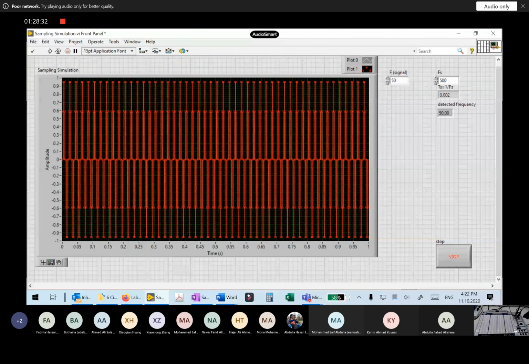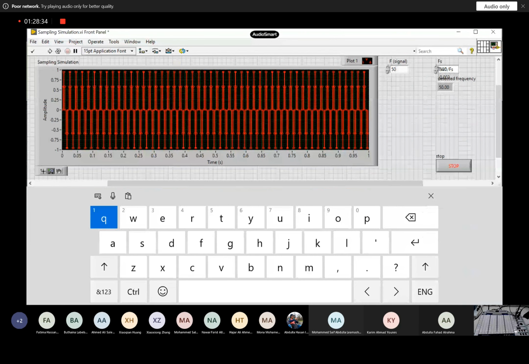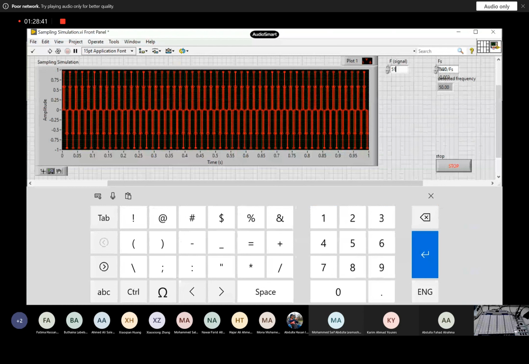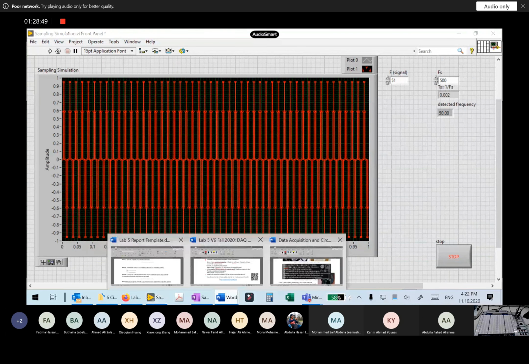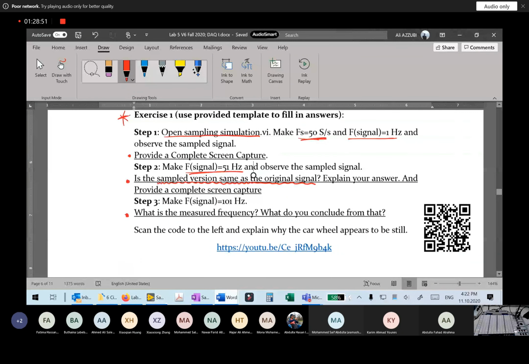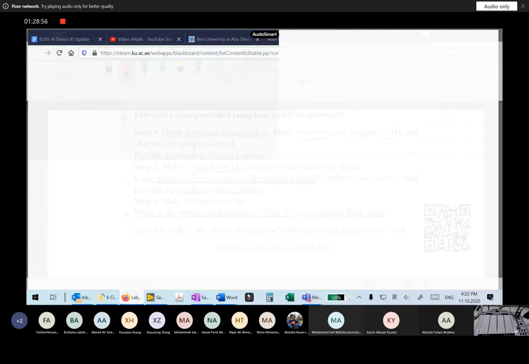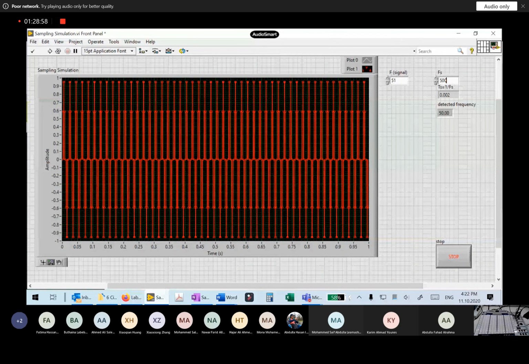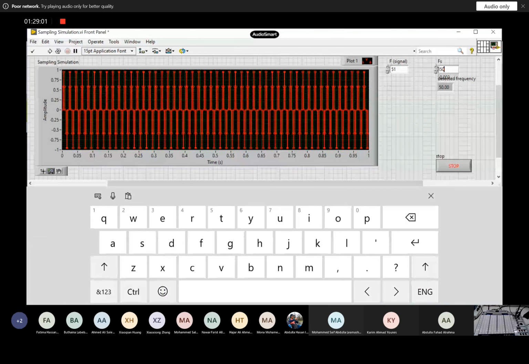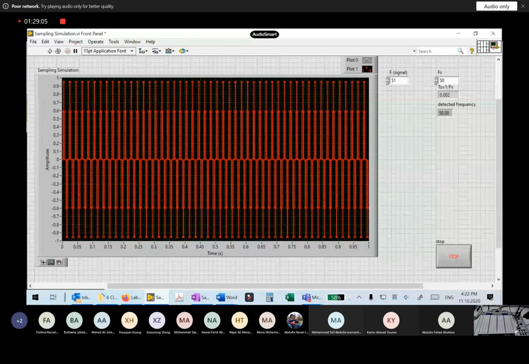F signal, I want 51 Hertz. And I will keep the sampling as 50. Okay, so at this configuration,